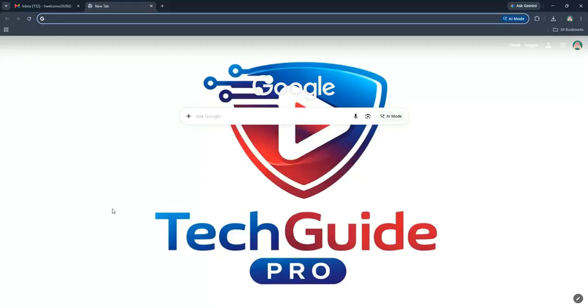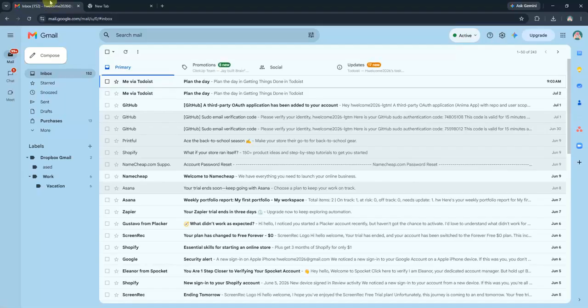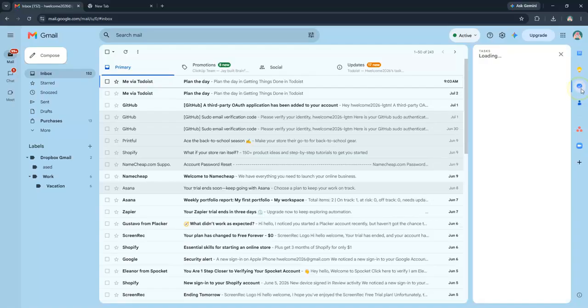First, open your web browser and go to Gmail by typing mail.google.com into the address bar and pressing Enter. Once you're in Gmail, take a look at the right-hand side of the screen. You should see a little panel with icons, including one that looks like a checkmark inside a circle. That's the Tasks icon. Click on it, and a sidebar will slide out showing your existing tasks or prompting you